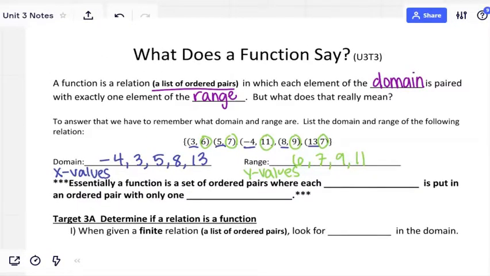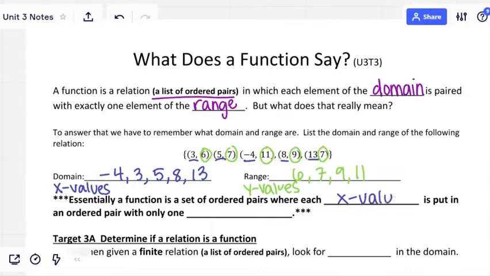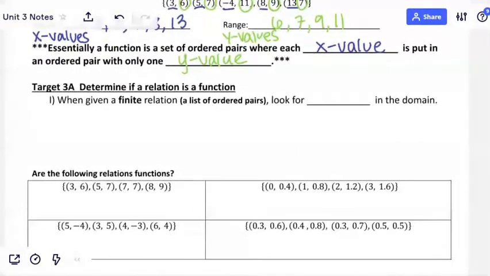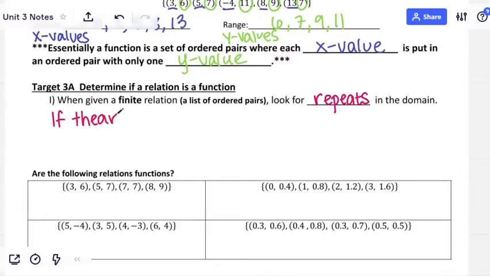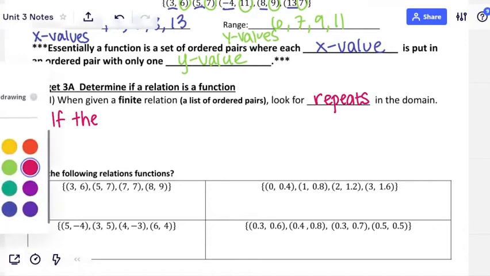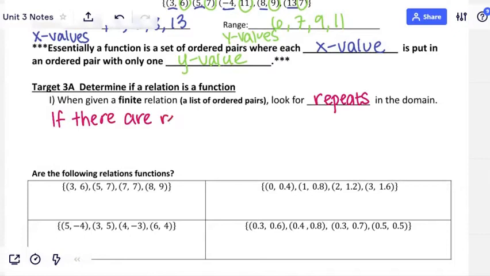A set of ordered pairs where each x value is put in an ordered pair with only one y value. Okay, so what does that mean? In order to know if a relation is a function, if we're given a finite relation, we're going to look at the ordered pairs and we would look for repeats in the domain. What does that mean? Basically, what this means is that if there are repeats in the domain,